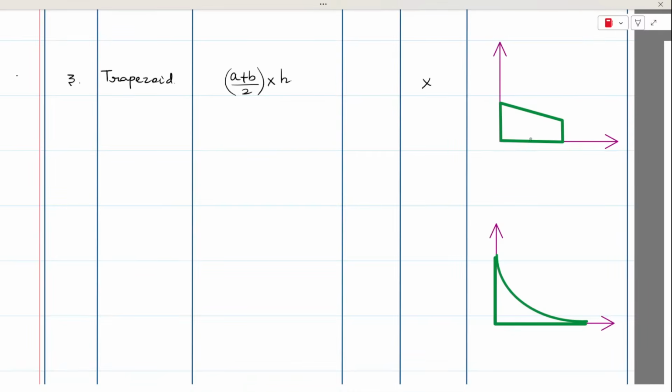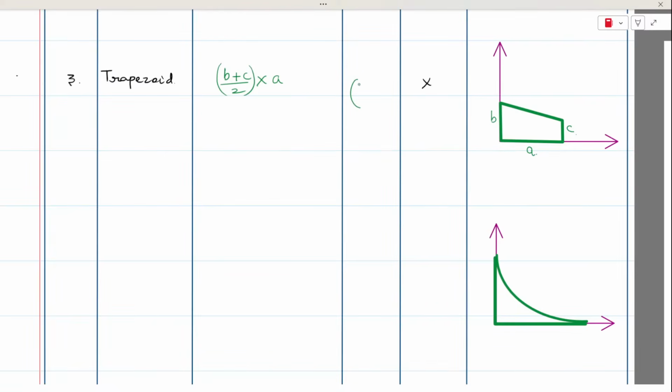Let's say this dimension is a, and I need to change this, and let's say this dimension is b and this dimension is c. So the area of the trapezoid is the average of the two sides, that is b and c are the vertical sides, average of b plus c by 2 into the base, that is a, and the centroid in the x direction can be written as